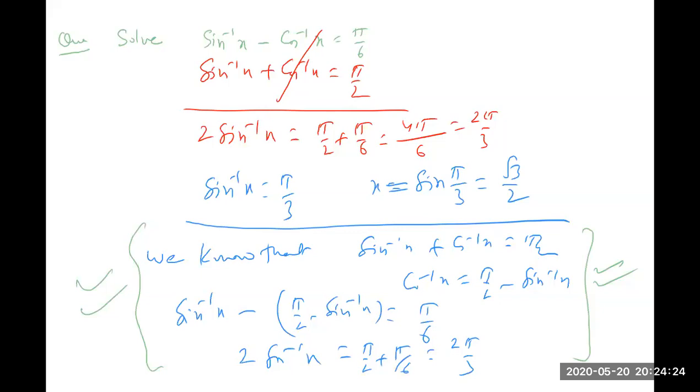Similarly, your another question. 19 number, second bit. This is also for this purpose only, similar type of problem. So I'm explaining that. Question number 19, second bit. Your question is: if sine inverse x plus sine inverse y is equal to pi by 2, then find the value of cos inverse x plus cos inverse y. So this also you can solve in exactly the same way.